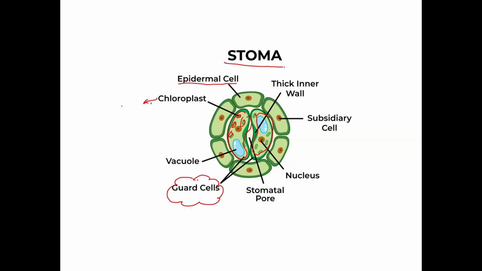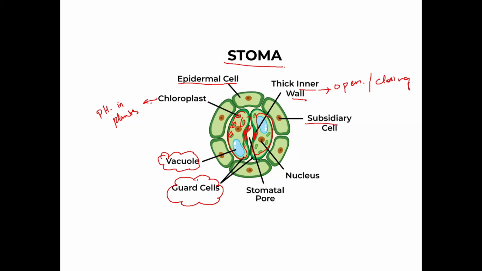These chloroplasts do photosynthesis in the plant. We already know a plant cell contains a vacuole, so it has a vacuole as well. Thick inner wall, this one. Why is it thick? To maintain the opening and closing of stomata,